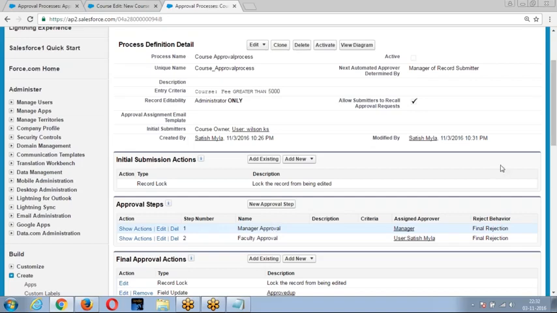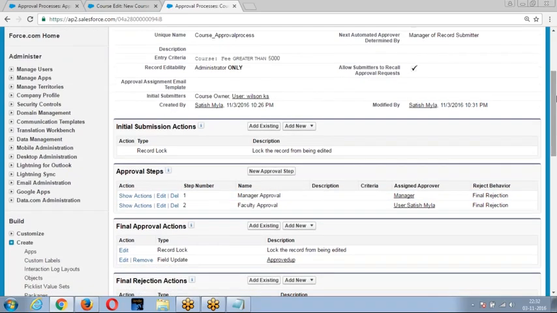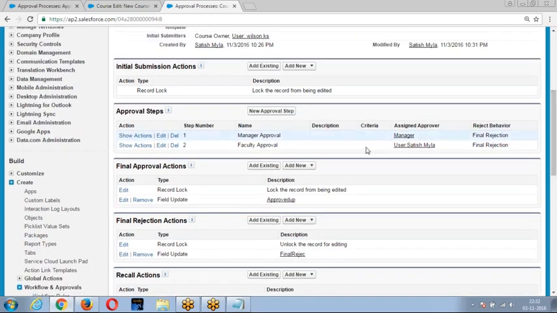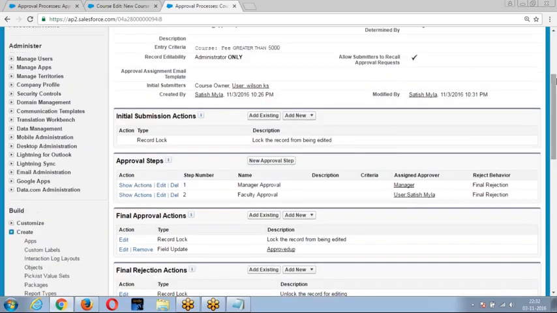Once the faculty approves, faculty status equal to approved; if rejected, faculty status equal to rejected. If both of them approve, final approval action, update status equal to approved. Final rejection action, status equal to rejected. So all these are the steps we created.